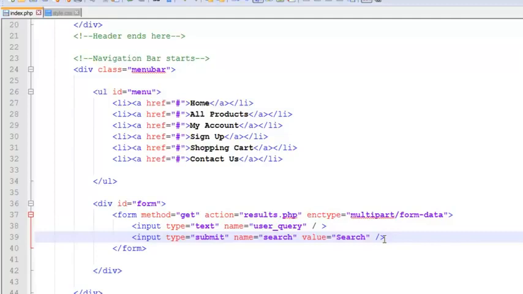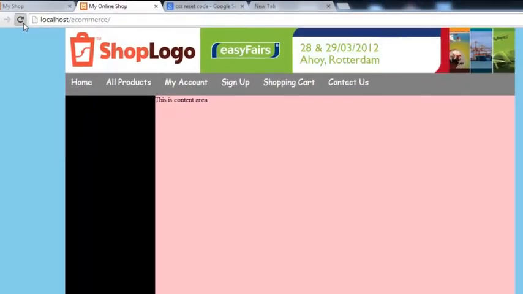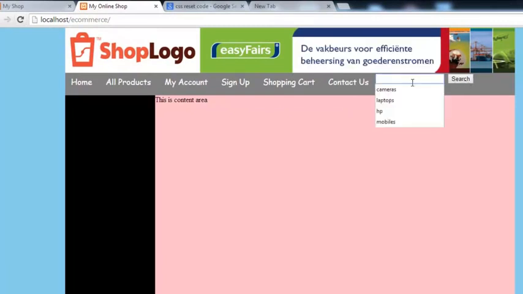So Control S to save, very simple. Form close. Inside that we have just added two input fields. Refresh the page and you will see it is here. It's written search, and this is the